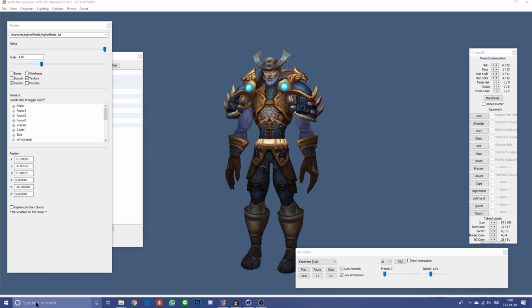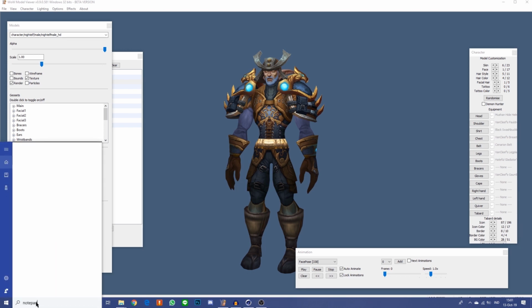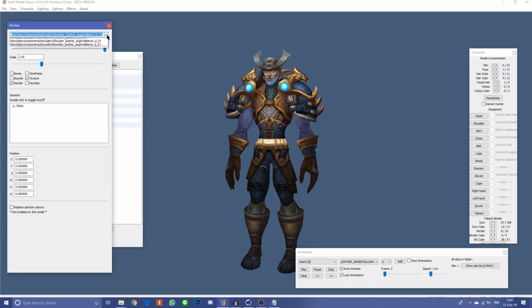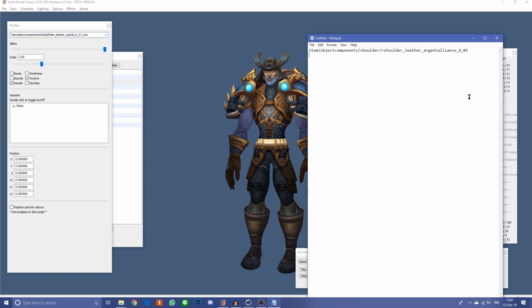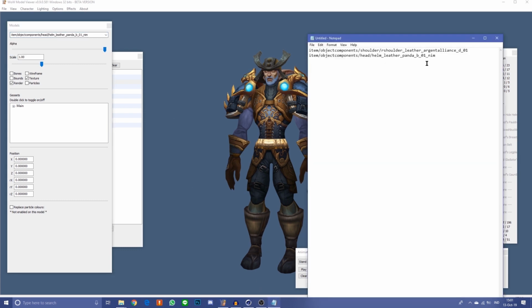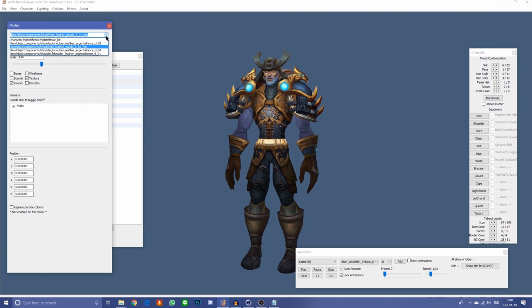I'm going to open a notepad. Then I'm going to copy this, paste it there, helm as well. Now it depends on what else you're wearing. You can fill the list even more. Now I don't usually copy the left shoulder, right shoulder because the difference is only the first